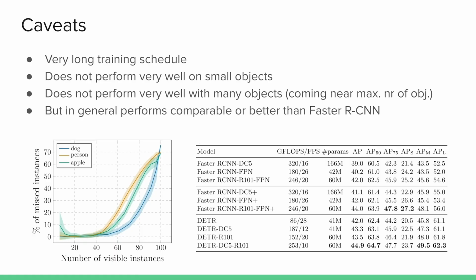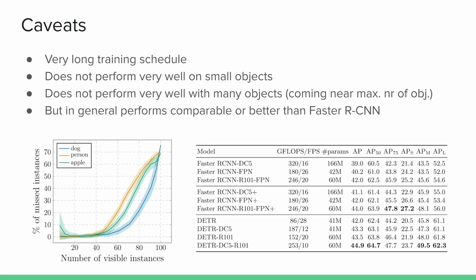If you get near to that maximum number of objects that you're potentially predicting, the matching becomes much more complex. That Hungarian algorithm has to compute way more combinations, so it naturally degrades if you have a lot of objects. Say you have 1,000 objects in a single image, which you can easily have if you're working on music scores, for example. But in general, it performs at least as good as Fast RCNN,